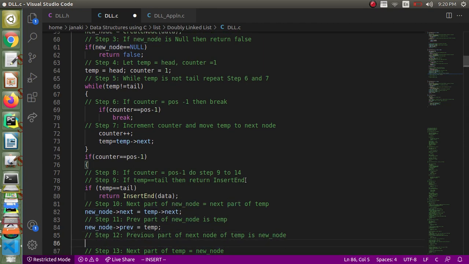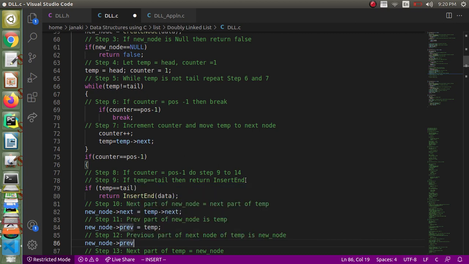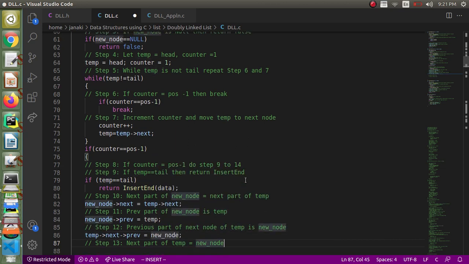And previous part of next node of temp. Sorry, yeah, it is temp next previous. Okay, temp next previous, that's what is said. Previous part of next node of temp, right?